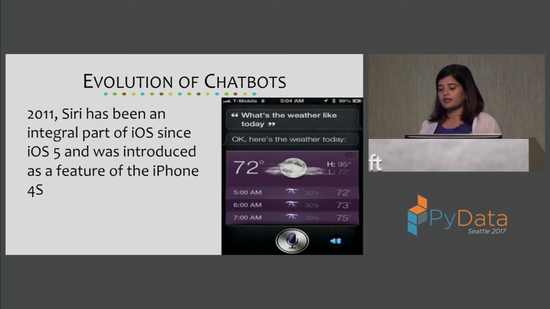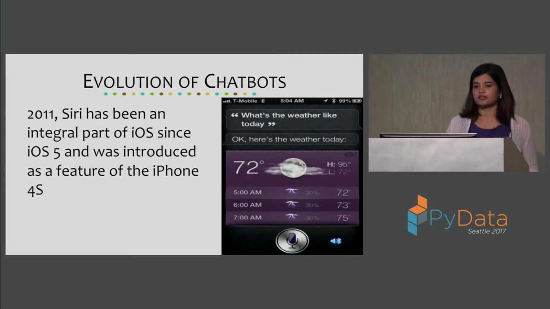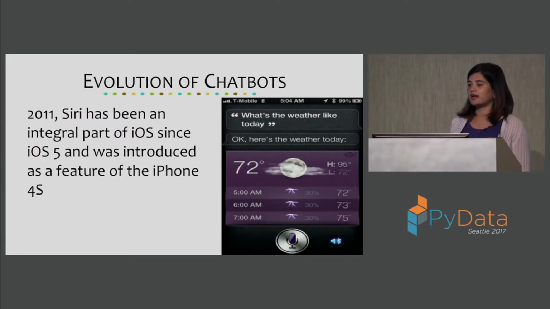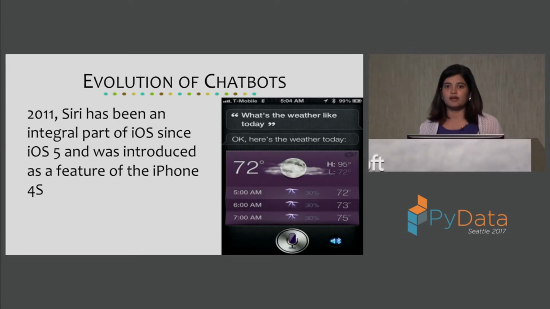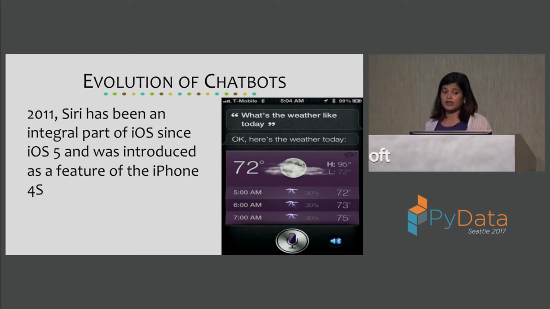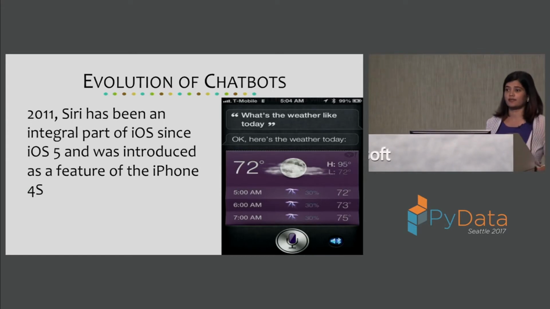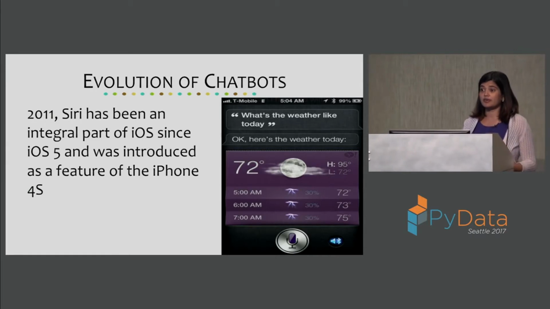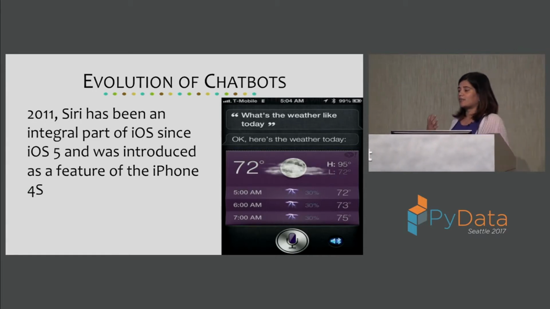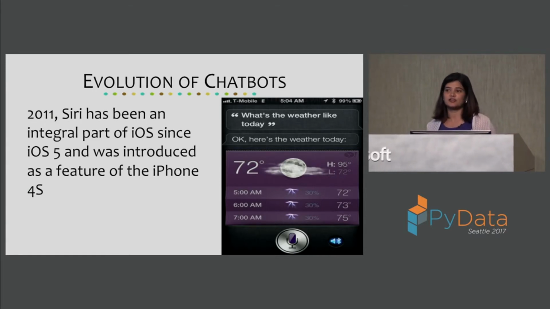The third piece of how chatbots evolved is when it came into mainstream communication and mainstream devices. In 2011, Siri became a part of iOS and iPhones, and it was a big deal to have a person-like thing to communicate with and ask questions right there on your cell phone. You could look at weather and locations and set up reminders and call people, and that was a very big